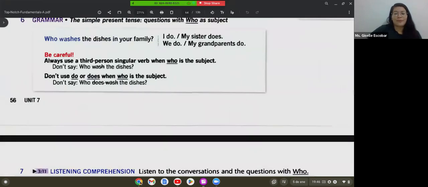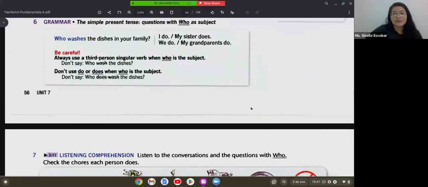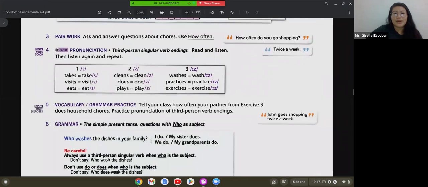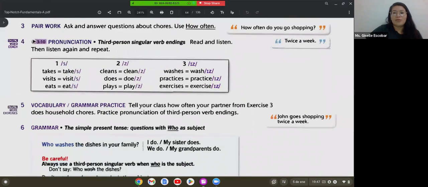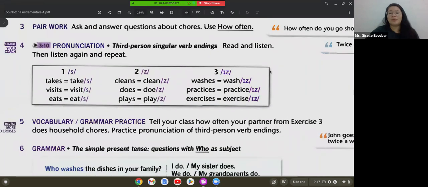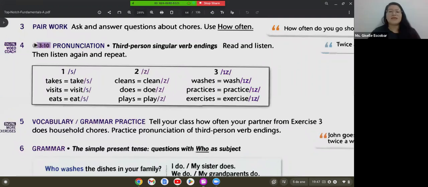Listen to the conversation. So those are the three sounds that we have. Creo que fue un poquito más fácil notar la diferencia en este audio, ¿verdad? En este último. Yes, se escuchaba mejor. Sí, se escuchaba mucho mejor. So yeah, those are the three sounds that we have. And that's just for you to know that there are different sounds.